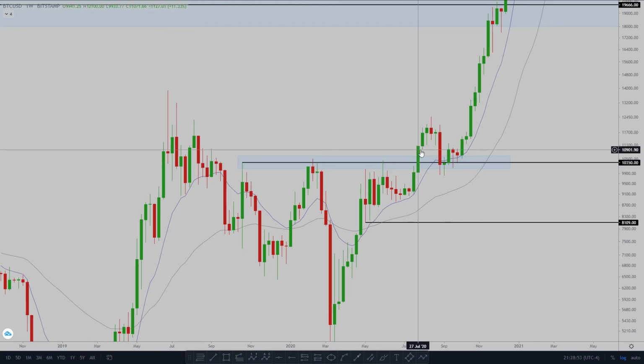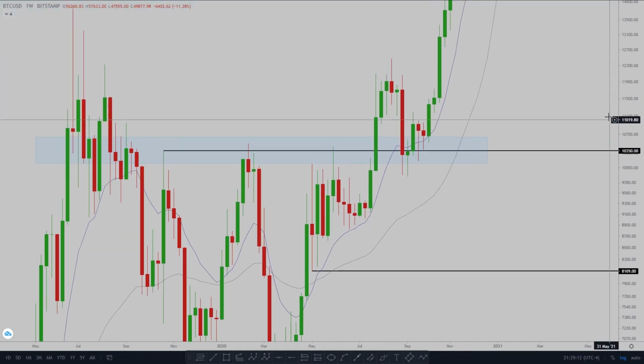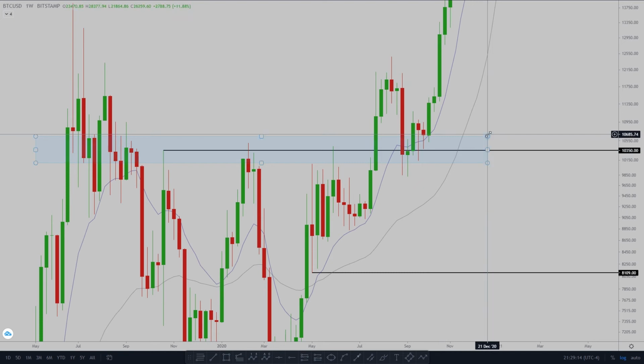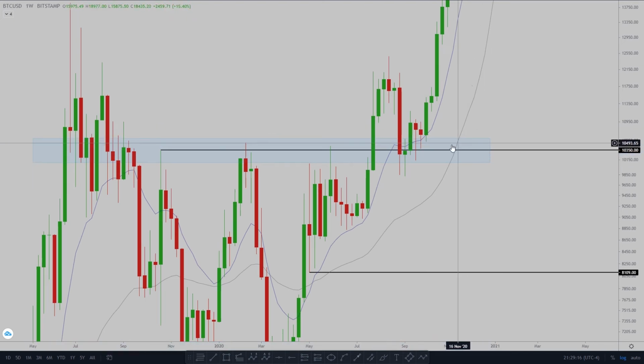Once we broke it, we still made a wick. Now the juiciest thing is the retest of this support and resistance zone that is now acting as support, once it was above, now coming from the upside to test if it is a positive and bullish zone. As we can see, we did have a breakdown through the